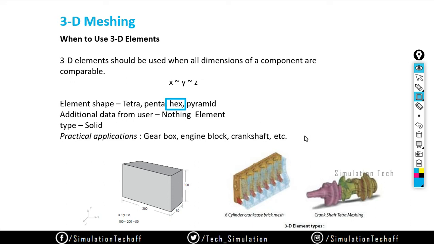For a proper surface, if you have a cube structure like this, you can easily create a hex mesh over there. Or else if your geometry is mappable, I will tell you what mappable means in our upcoming sessions. If you have a mappable geometry, you can easily create a hex mesh. While creating a hex mesh, there are two different methods. Either you do geometry editing, or else you edit your mesh. You have to split your model into multiple pieces of proper sizes, and then create a hex mesh. Otherwise it's better to go for a tetra mesh.